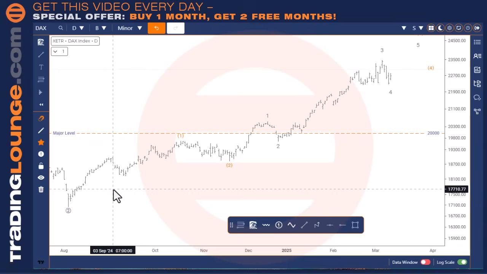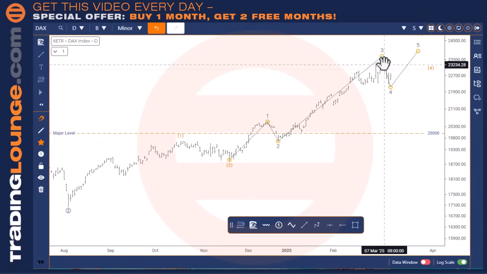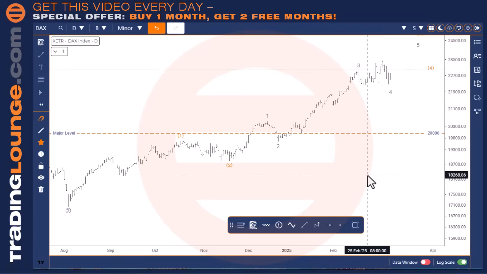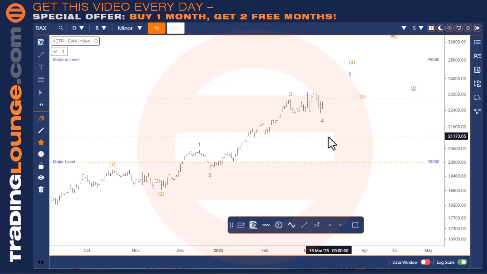We could possibly look at things a little bit differently. This move down through here could also be counted in 5 waves as well. So I could put wave 3 over here. That would also be a nice fit as well, and look at this whole thing as an A and a B and a C wave over here. That's quite possible. There's a few different ways to view all of this, but